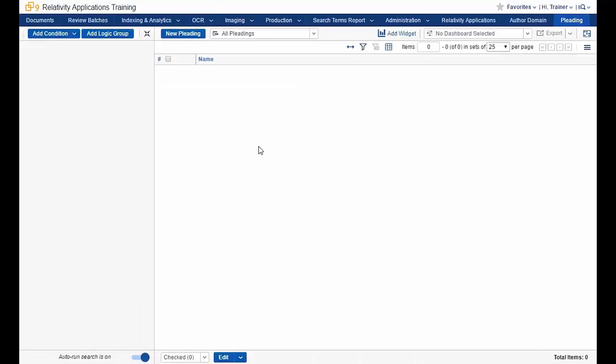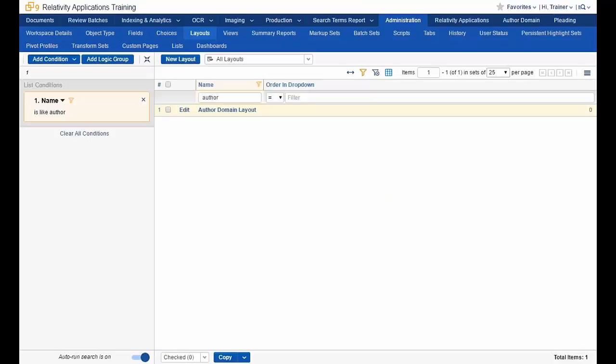If we click into this tab, we'll see that the pleadings does have an all pleading view. In addition to the tab and the view, we'll see that a layout gets created. I'll go to my Layouts tab, make sure all layouts are selected, and I'll search for pleading, and we have